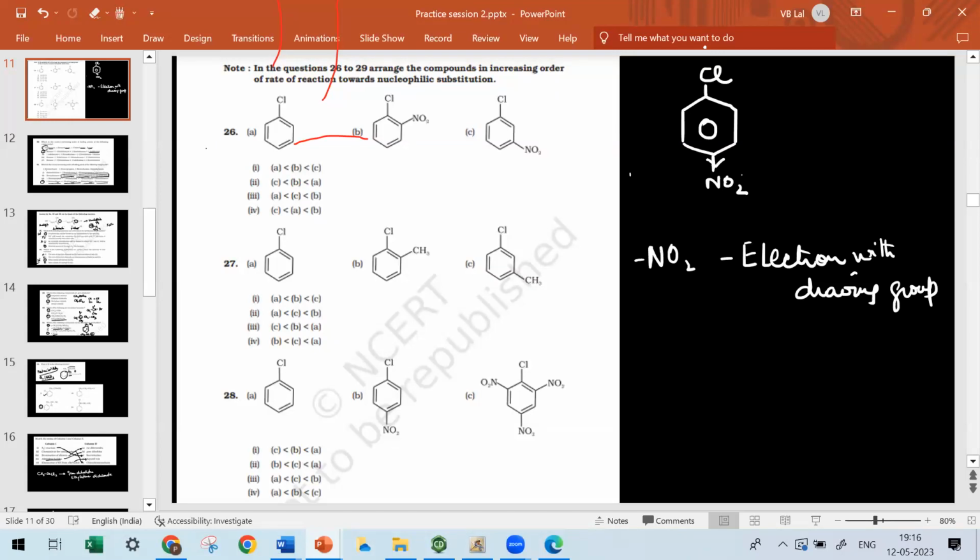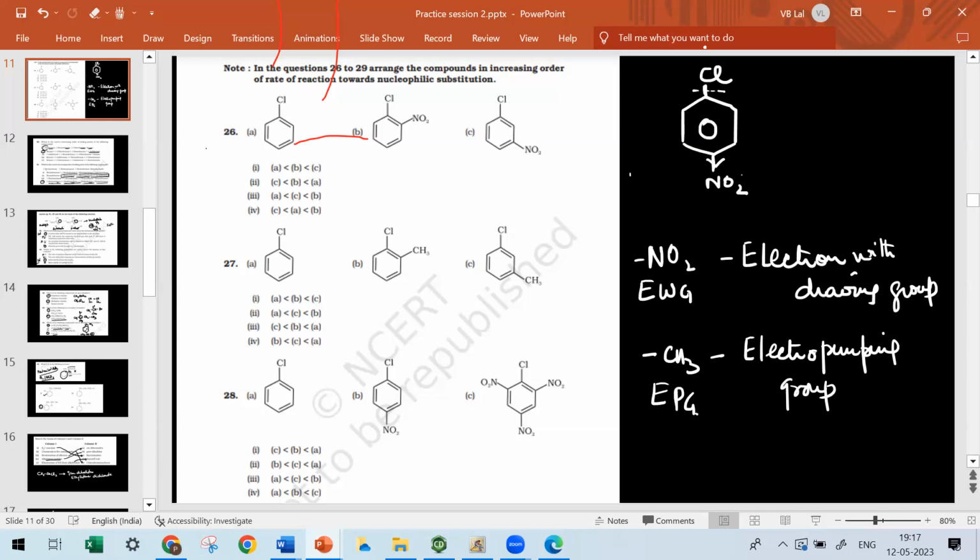So if I put NO2 on the benzene ring, then this carbon chlorine bond becomes weak. So electron withdrawing groups weaken the carbon chlorine bond. Instead of this, if I put a CH3 on the benzene ring, it is called an electron pumping group. Sometimes we call this one EWG and this one EPG. So electron withdrawing groups increase the rate of